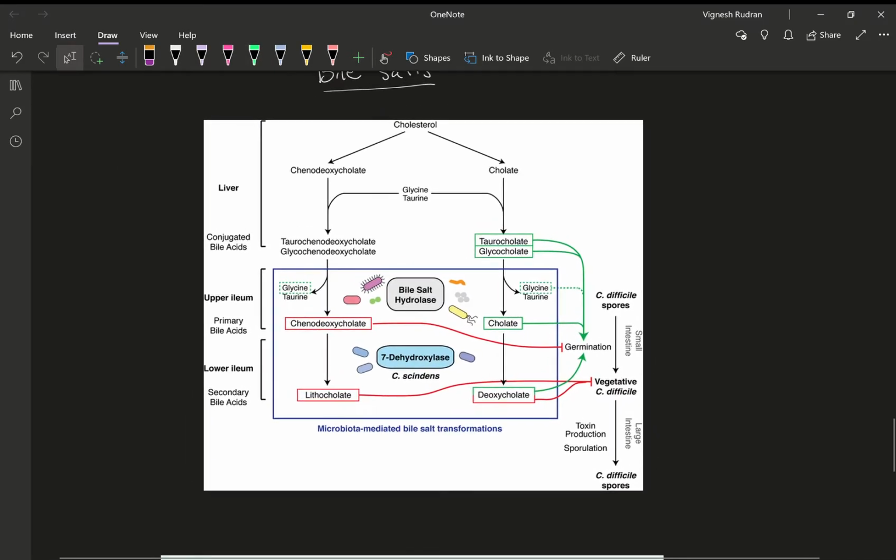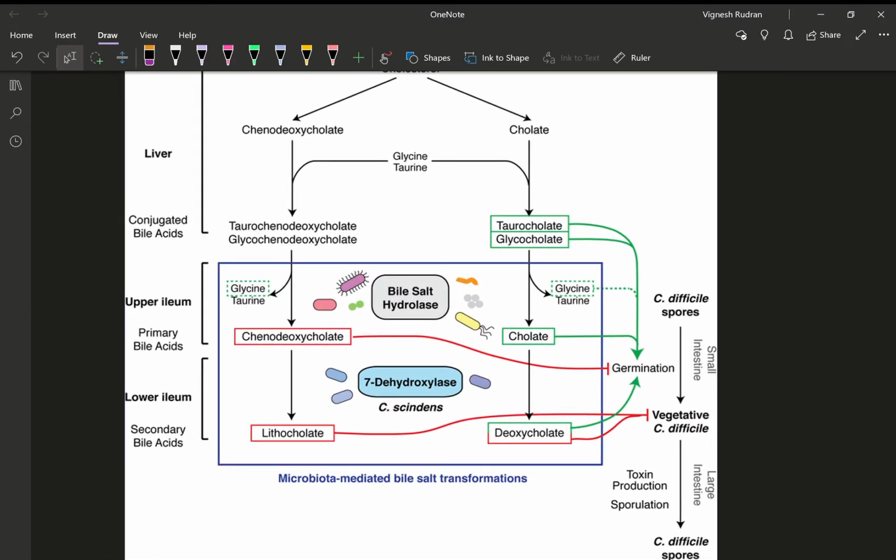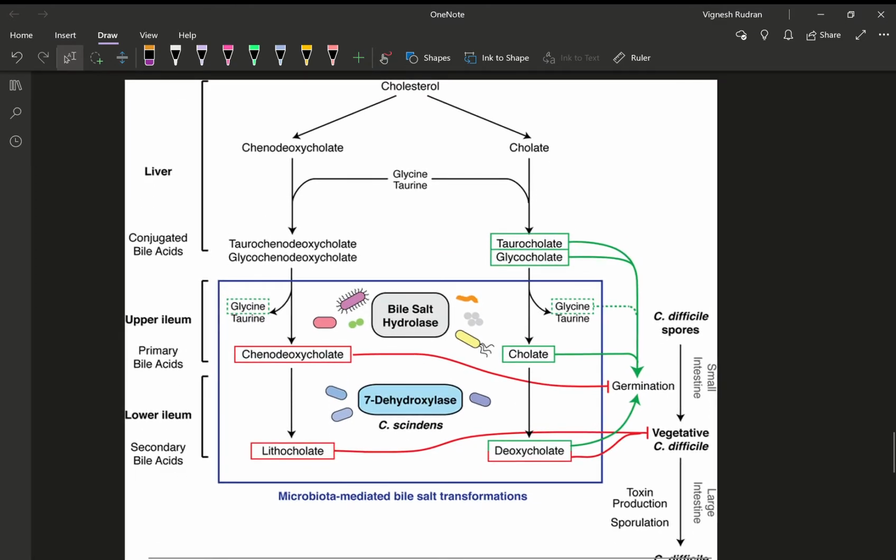And the last part would be a little bit about bile salts. So bile salts are nothing but conjugated substrates, taurocholate and glycocholate. So they're very straightforward. They form from cholesterol, and they are synthesized in the liver and secreted into the intestines, and all this is complicated stuff which is going to integrate pathology into this biochemistry.